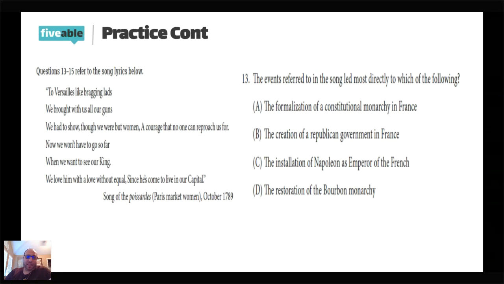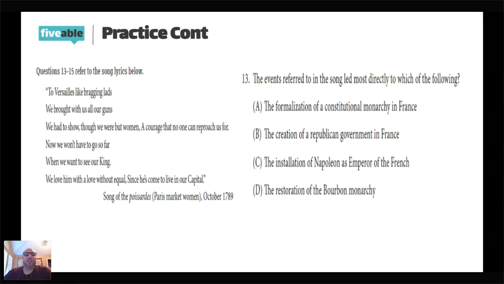So let's look at this one. We got the same source. So we got the source from 1789. This is a question that goes along with the source. So the source here, the Song of the Poissard, the Paris Market Women. Does anybody know what this is referencing? Maybe. Okay, I'm going to guess no one answered. So this is maybe talking about the March on Versailles when the women in Paris marched with their pitchforks and their knives against the King of France. Yes, the October March. And so the question here, right, it's going to be about the October March.